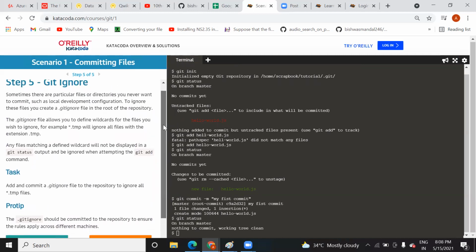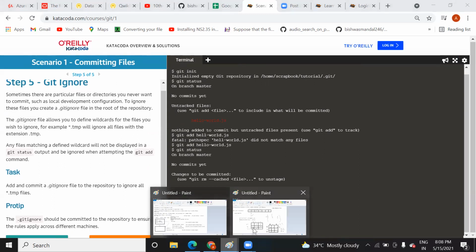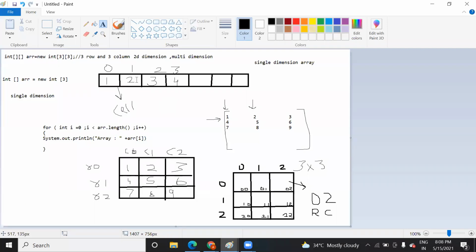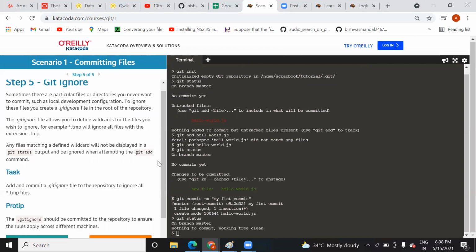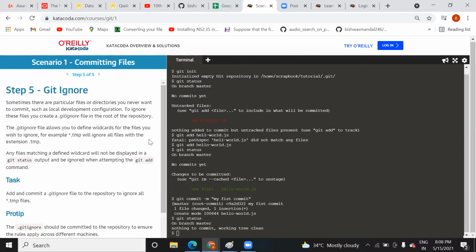What we usually do is, suppose out of a set of files you have four files, one, two, three, four. You want to add only three files, you want to ignore this fourth one. Then with the help of git ignore we can do this. Here you can read it line by line, every comment and every instruction is given clearly, you can read it and learn it. It says that if you want to ignore any particular file, you don't want to commit it, then you can do it with the help of git ignore.